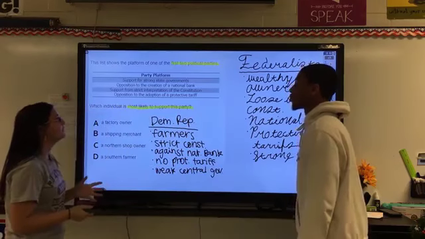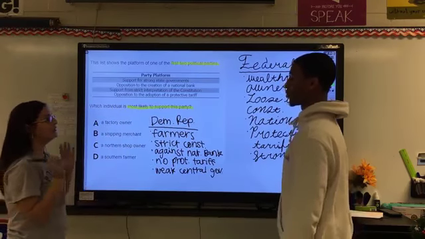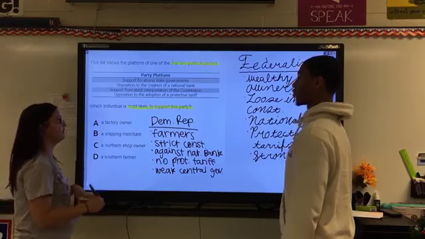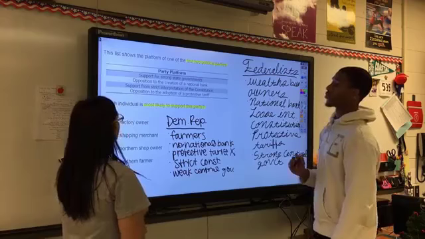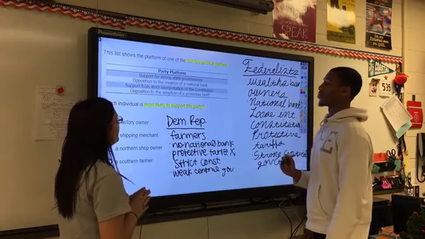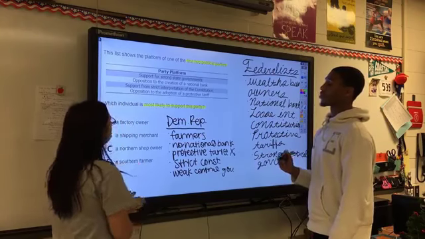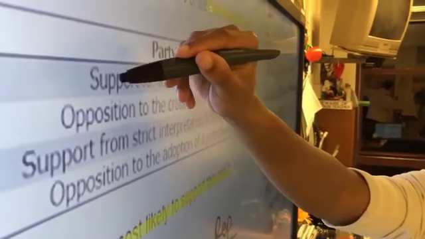Now that we have broken down the question, we are going to look at the chart and apply the knowledge that we just used to break down the question. When we look at the chart, we see 4 main points. The first one would be support for a strong state government,